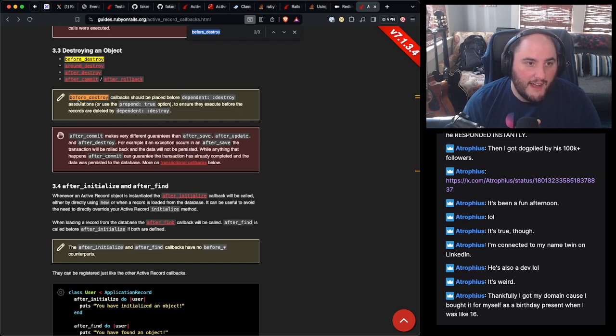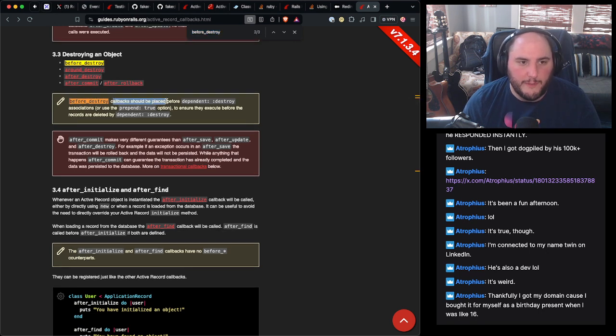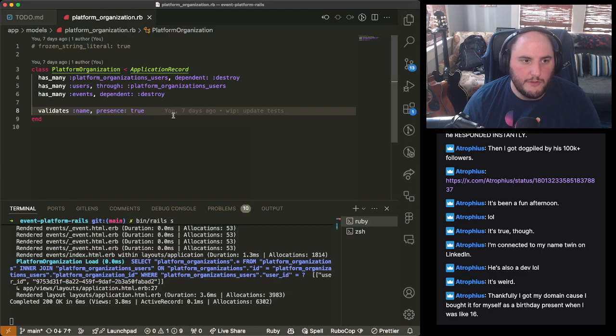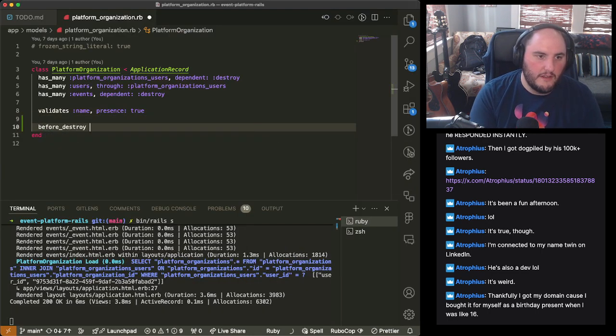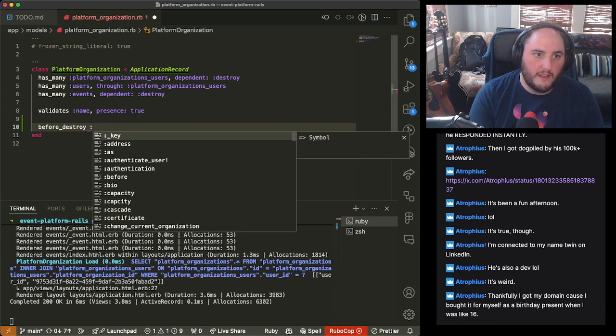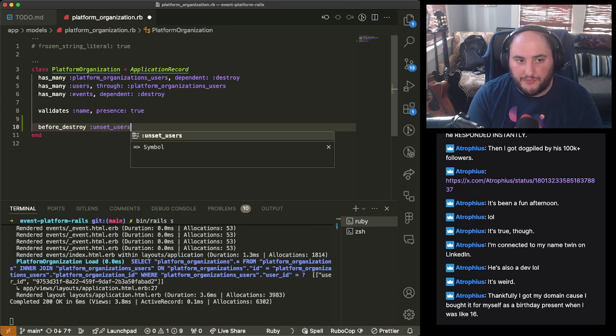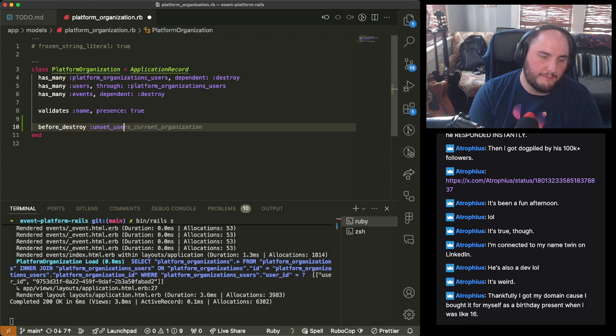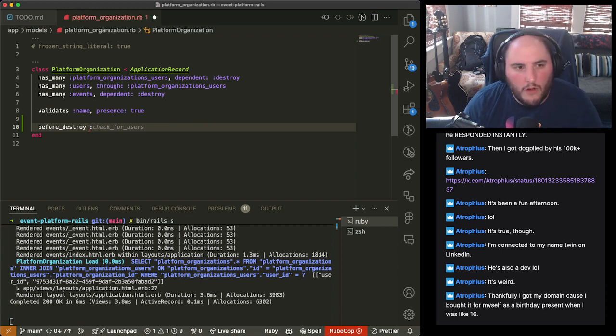Oh, aha, here it is. This before destroy callback should be placed before dependent destroy associations, or use the prepend true option to ensure they execute before the records are deleted. So yeah, we'll do a before destroy. Unset users' current organization. Or, unassign users is the wrong way to put this.